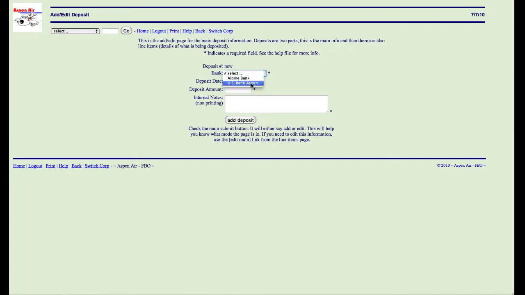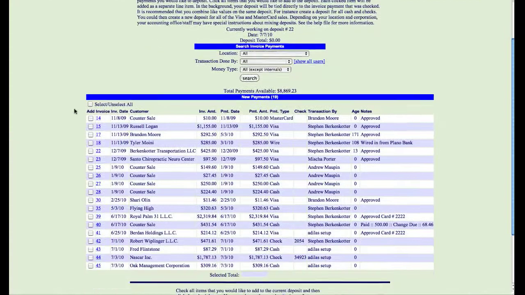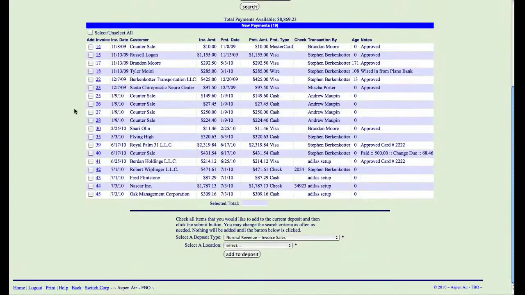I'm going to be depositing in the U.S. bank, and I do not know what the total amount is. I have miscellaneous checks and some cash payments, and so I'm going to put in here invoice payments. I'm going to add the deposit, and then I'm going to come down to the bottom,